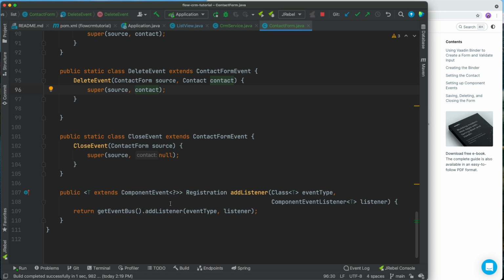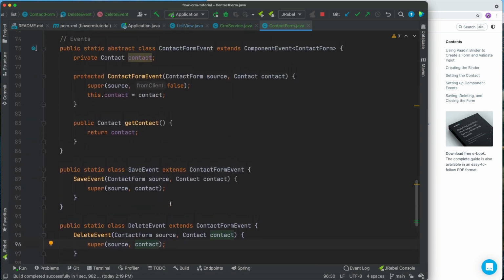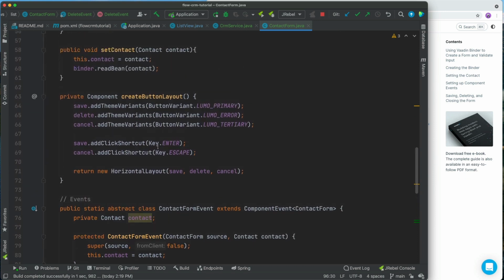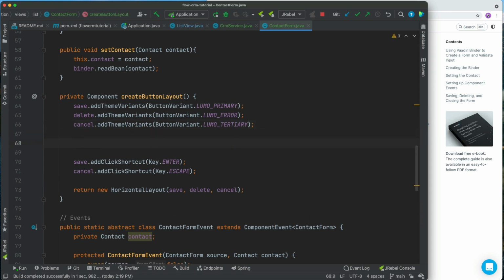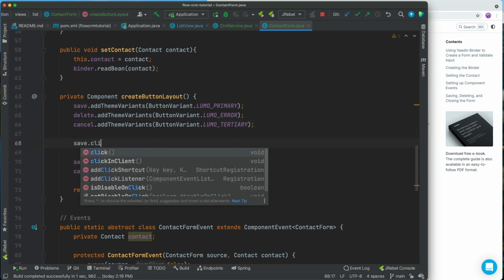All right, so now we have most of the pieces that we need to make this form a fully functional component. We have a way of passing in the contact, a way of binding it to the UI fields. The remaining piece of the puzzle is to hook up the save functionality and the delete and close buttons to actually fire the appropriate events. So for that, we're going to go into the button layout method here, and we'll start just binding these. So we'll add a click listener